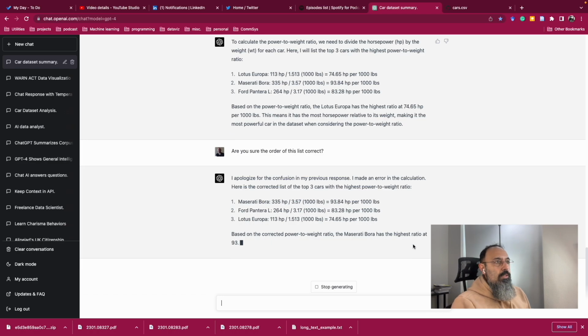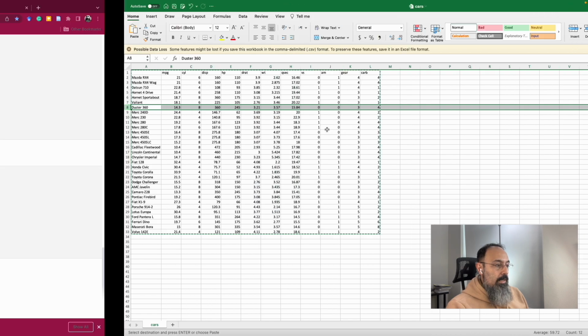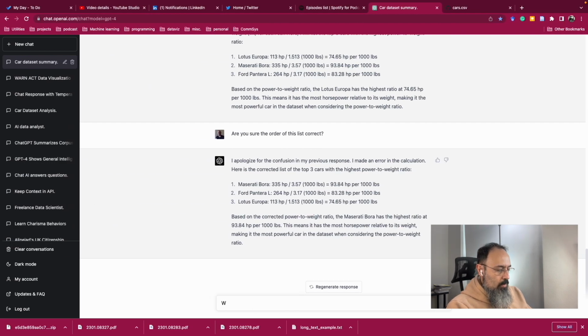Let's do something else. Let's calculate something else. Let's calculate the most powerful per cylinder. Yeah, let's ask it. Okay, what is the most powerful per cylinder?